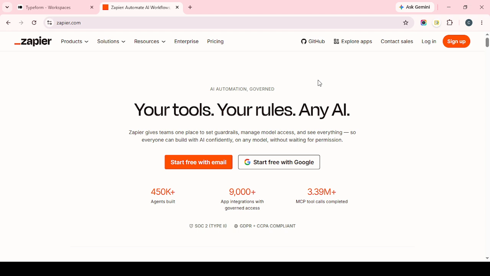Once everything looks correct, activate the Zap. From that point on, new Typeform entries will automatically flow into ActiveCampaign. This creates a smooth and reliable workflow, reduces manual data entry, and helps